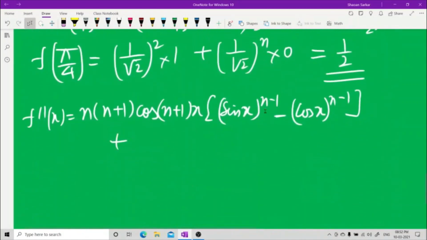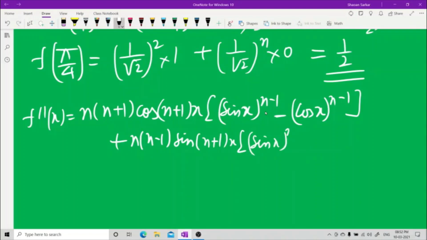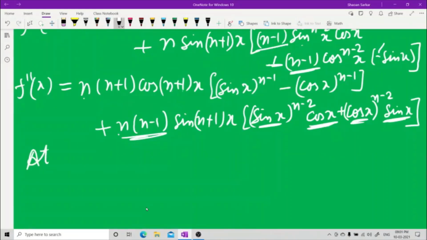No problem, let's do it. Plus you have n into n minus 1 sine, you have n plus 1 x, and then you have sine x power n minus 2 cos x plus cos x to the power of n minus 2 sin x. At n equal to 2 and x equal to pi by 4, f double dash pi by 4